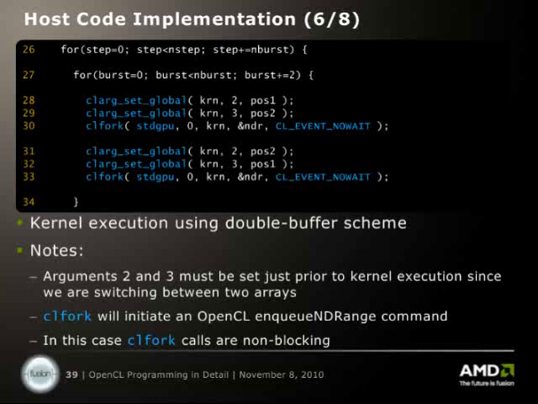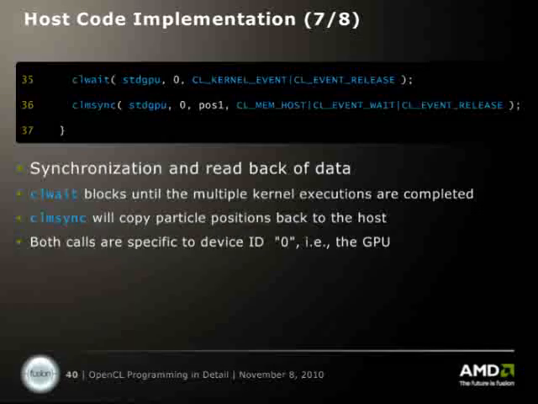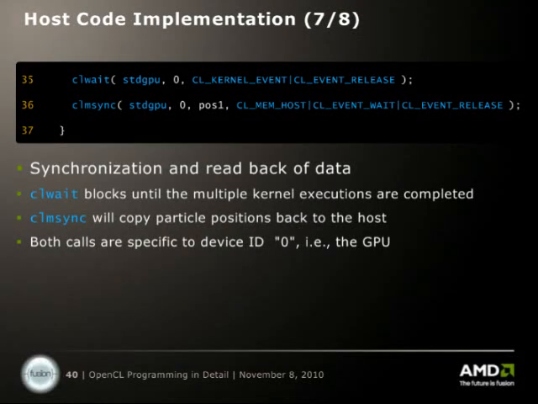So essentially, when this loop is completed, line 34, if we've chosen, for example, n burst to be equal to 10, we'll have enqueued 10 kernel executions to execute at this point. At line 35, then we're going to wait. Having queued up all of those kernel executions, we're now going to wait for them to complete. We do that with a synchronization call, CL wait. So when CL wait returns on line 35, we know that all of the kernel executions